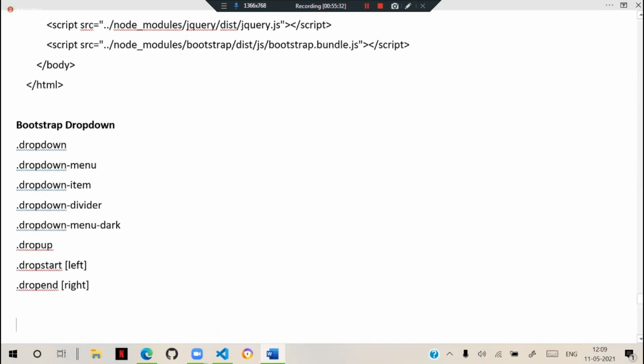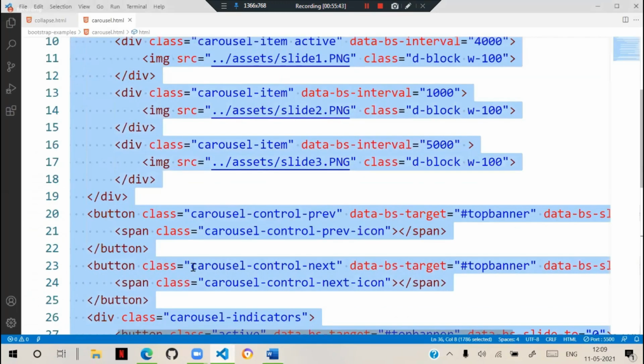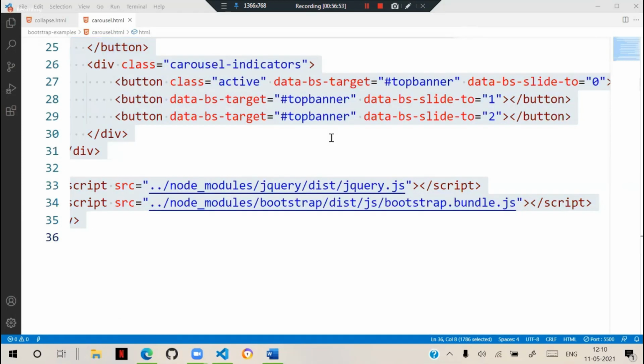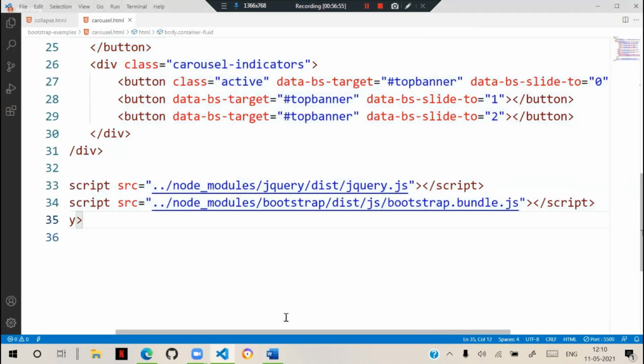These kinds of dropdowns are very much used for designing menus. Configuring and creating menus requires jQuery, which is mandatory. So we will copy these two jQuery options here.